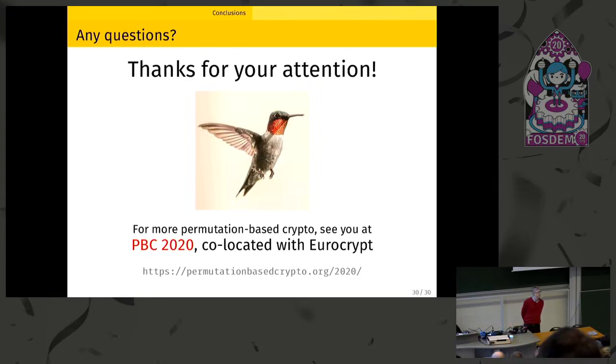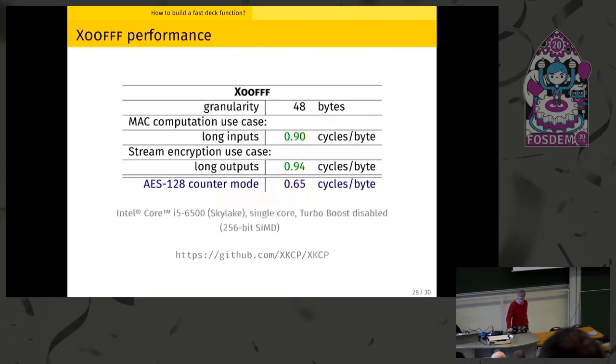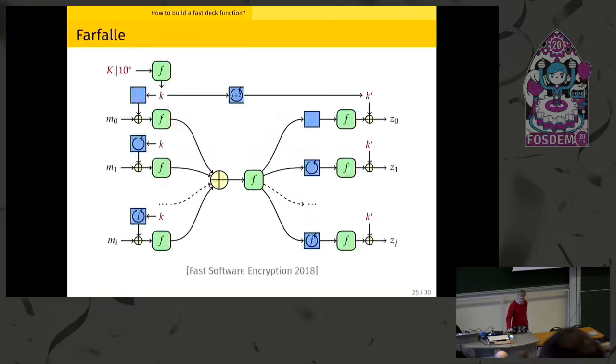Okay, thank you very much for this interesting talk. It was not clear from your description of the Farfalle construction: you can parallelize the encryption and decryption operations, but can you receive messages out of order and validate the MACs that correspond to them? Because that would be a very important use case for things like WireGuard, for instance.